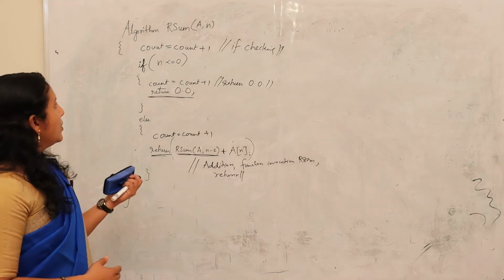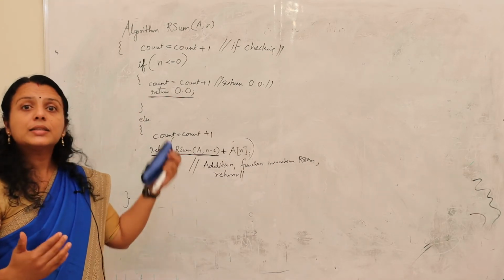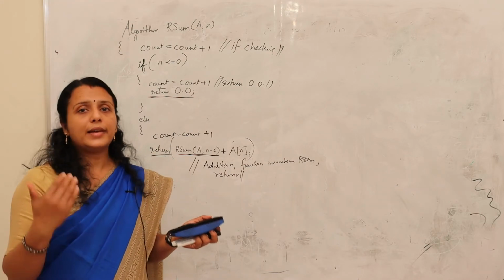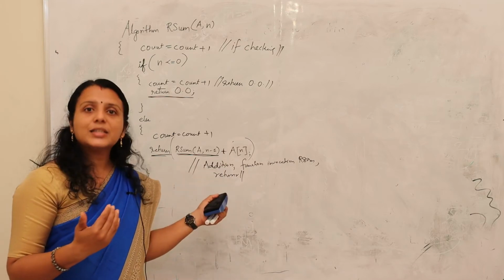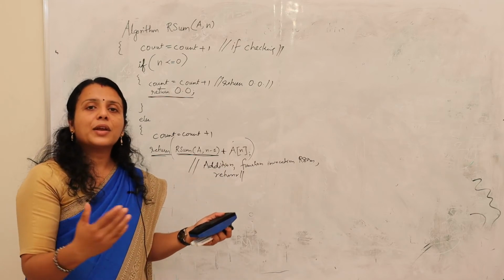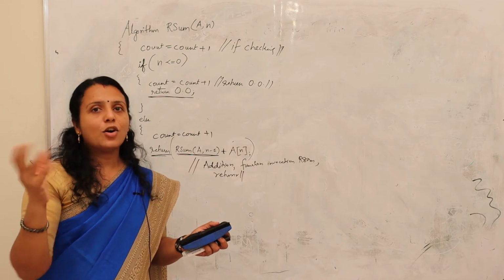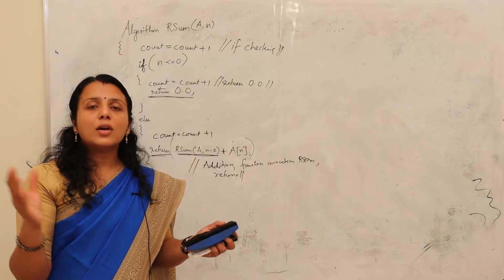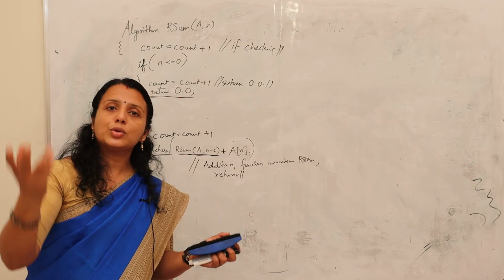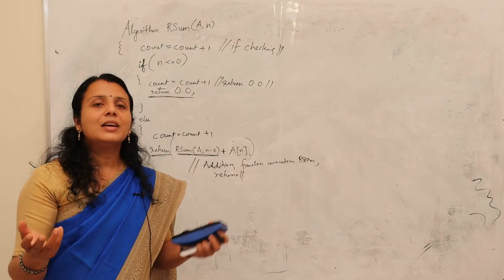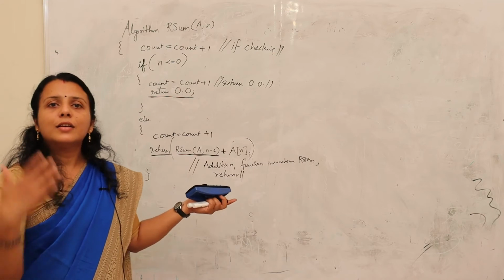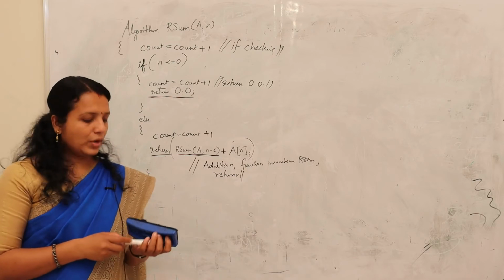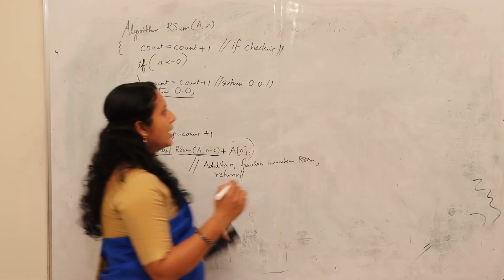For that purpose, when you are going to analyze this type of recursive program, what happens? You will get a recurrence relation here. Okay, since this is a recursive program, analyzing a recursive program is different from analyzing a normal program. The way we analyze a normal program is not the same method we use to analyze a recursive method. That means for analyzing a recursive method, we will get one recurrence relation. Okay, so let us see how you are going to calculate the time complexity.